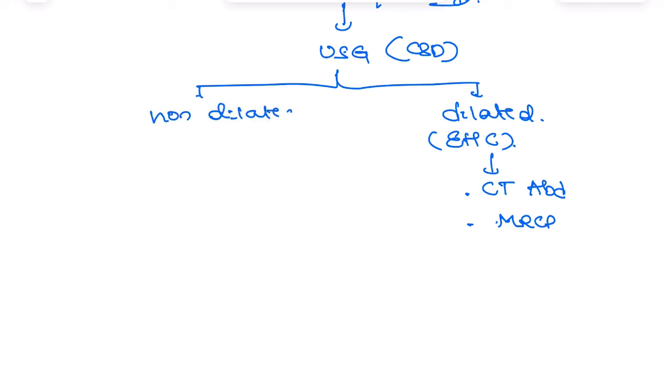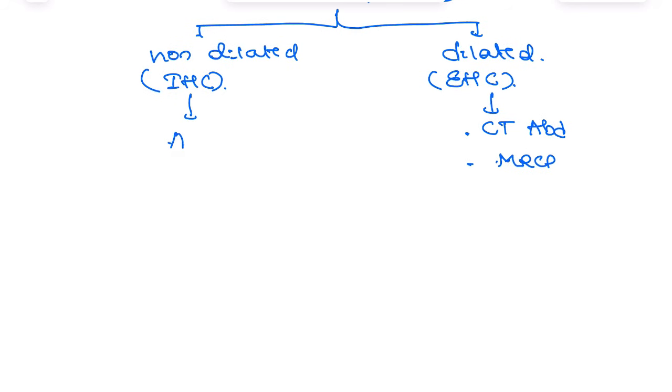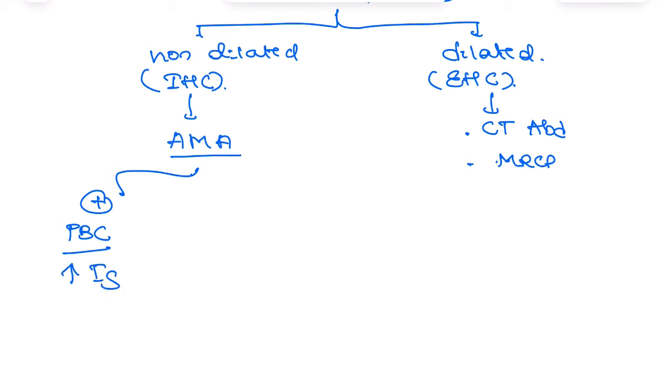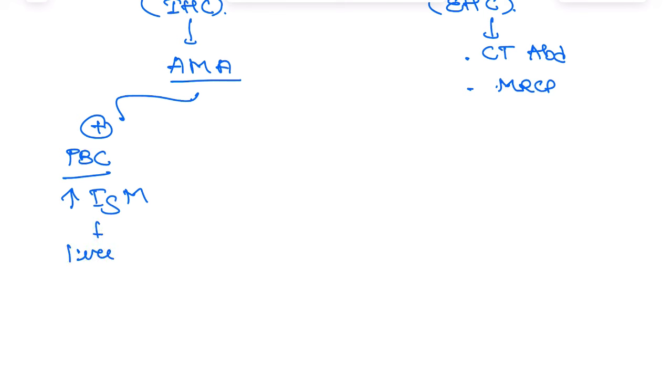It may be intrahepatic. So intrahepatic cholestasis, okay, here you have to do AMA, anti-mitochondrial antibodies. If it is positive, you have to make the diagnosis of PBC. In PBC there is also raised IgM, and you have to confirm the diagnosis by liver biopsy. So if AMA is negative, you have to think of other diagnoses like primary sclerosing cholangitis and granulomatous diseases like